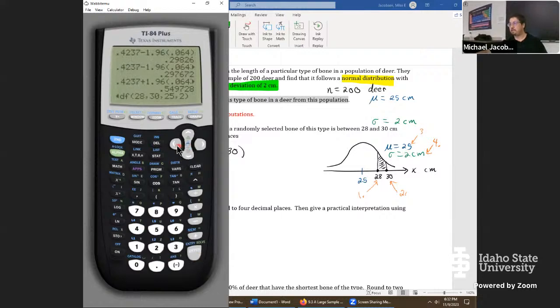But really, in that calculator, here is how it would look. After you click on the paste, it just puts it in. You get normal CDF. Oh, let me fix that. Your first input would be 28 for lower. Second input is 30 for the upper. Then the 25 right here is your third input, and your 2 right here is your fourth input. It's kind of weird, but even if your calculator says TI-84, you may not get that screen that we've been showing. It probably just comes in like this, and you have to insert your commas. Then, either way we do it, I've got a 0.0606 after rounding.